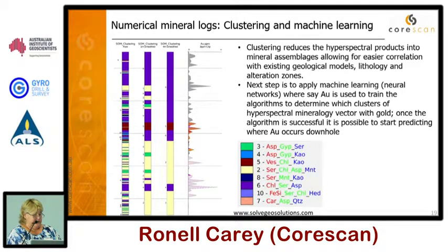So the first thing we find, of course, now is that the amount of data we provide is sometimes overwhelming. And the only way really to make it less is to go into machine learning. So at the moment, the only thing we do with machine learning is trying to cluster things so that we can give mineral,